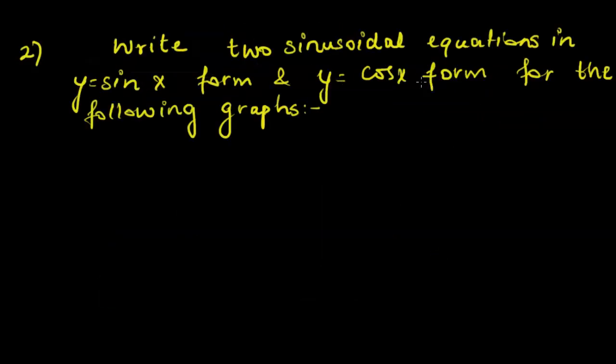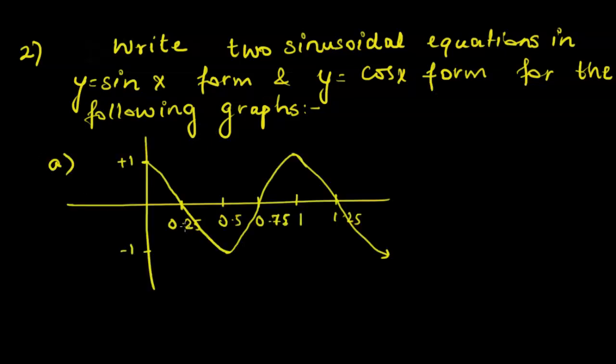The next question is to write two sinusoidal equations, in y equal to sine x form and y equal to cosine x form, for the following graphs. So let's say we are given this graph and we are asked to write down two sinusoidal equations that represent this graph. One sinusoidal equation should be in the form of sine x and one in the form of cosine x. Then the steps that we have to follow: the first step is to take the max value,